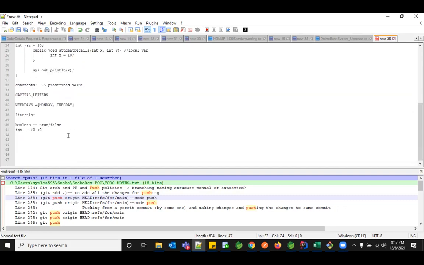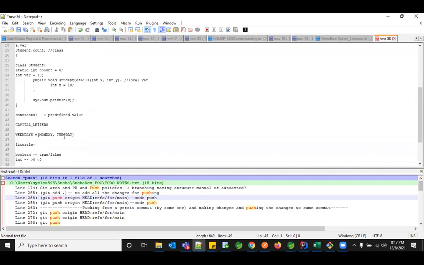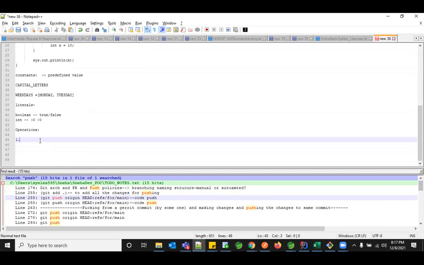Now coming to your operations. So what kind of operations can we do using these variables? So there are multiple operations, okay? So far we have witnessed something called equal to in most of the cases where we are assigning some value to that variable. So that is called the assignment operator. This is something which is symbolized with equal to. So basically, whenever you want to define or initialize a value to your variable, we use this equal to symbol.